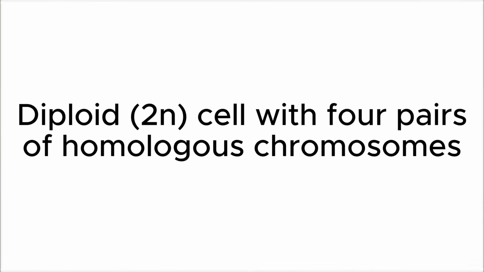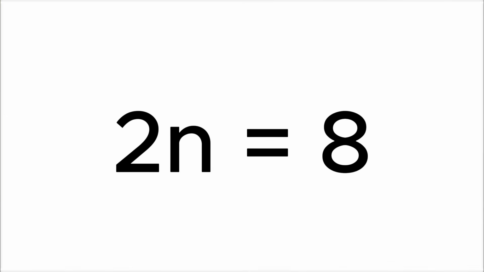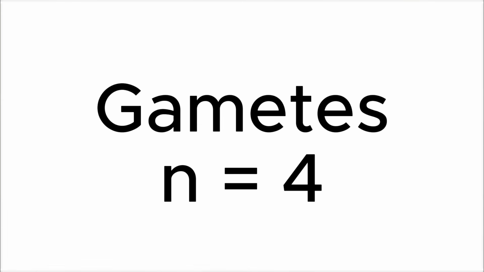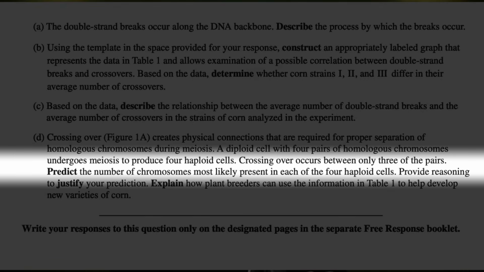Now, another condition is that we have a diploid cell with 4 pairs of homologous chromosomes, meaning that the 2n value of this cell is 8. Now, this also means that normal gametes, which have an n number of chromosomes, should have an n value of 4. So that should be normal. They also tell us that crossing over occurs between only 3 pairs, meaning that 1 pair of homologous chromosomes do not separate properly. But wait a minute, we've actually seen this before, because in Unit 5, we learned this as